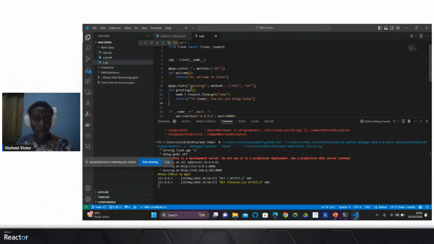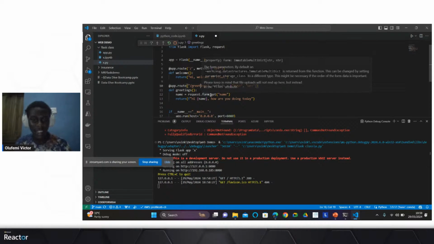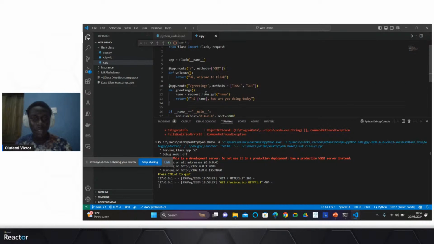In my Flask app, I've just added another route, which is called /greetings. Let me put a T here, so it makes sense. So you have /greetings, which I've already defined. When you say greetings, what happens? It requests your name, and it says, hi, your name, how are you doing today? That's as simple as it goes.